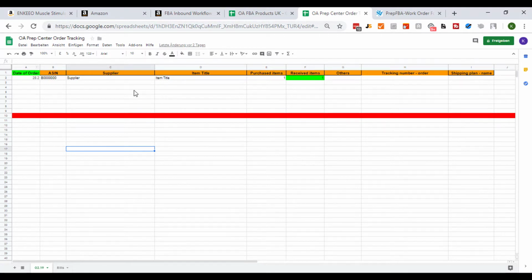Okay, the one way you can do it is via this Google Sheet. So again, this is a sheet that you will share with your prep center. This is one I share with my prep center UK, for example. Here is a column where you can put in the shipping plan name. So this is where you will copy this. The tracking number of the item, you can put it right there so they know exactly when the item arrives